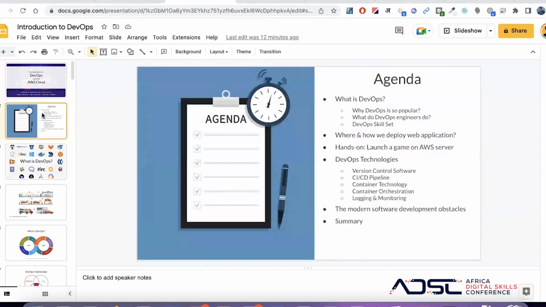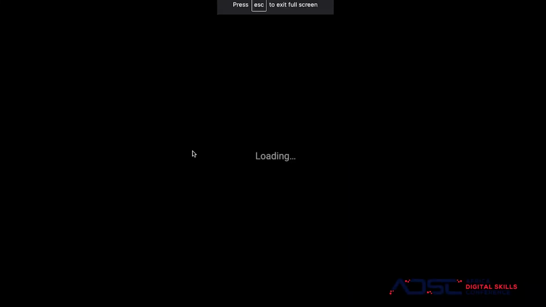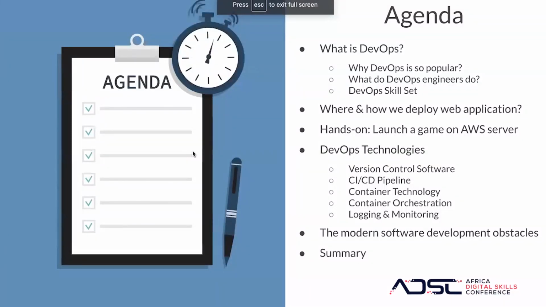So this is the short agenda that we have for today. Okay, the agenda is that we'll first talk about DevOps. What is DevOps? Why is it popular? And what do engineers actually do as a DevOps engineer? What are the skills you need? This will clear a lot of doubts, that okay, it's not such rocket science. Actually, anyone can get started with determination if they're ready to learn.